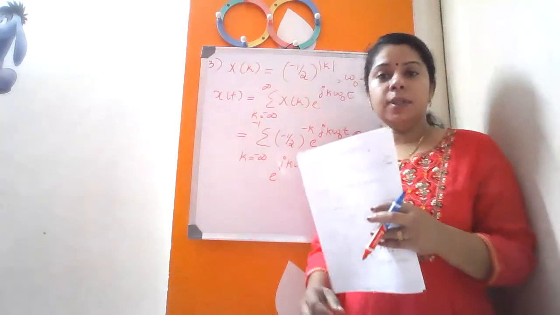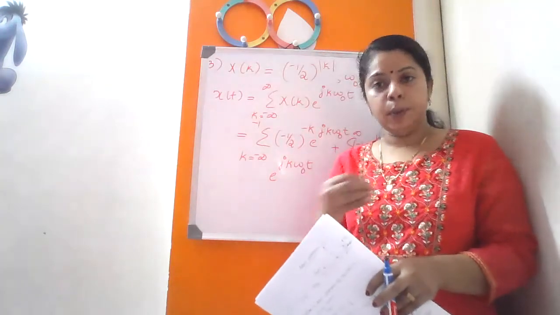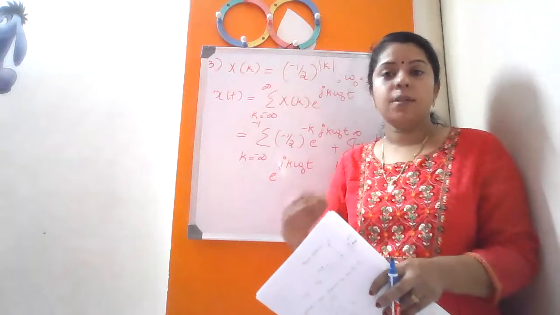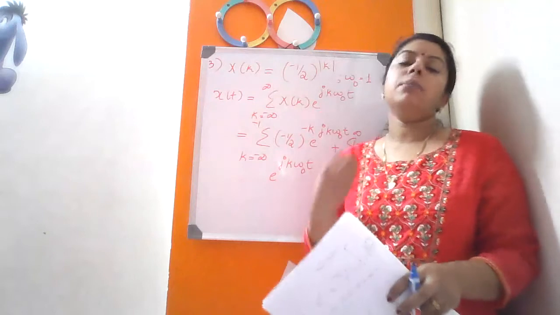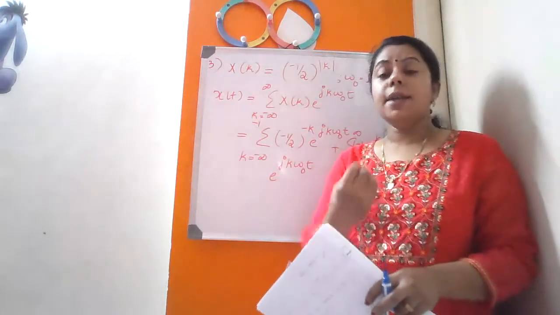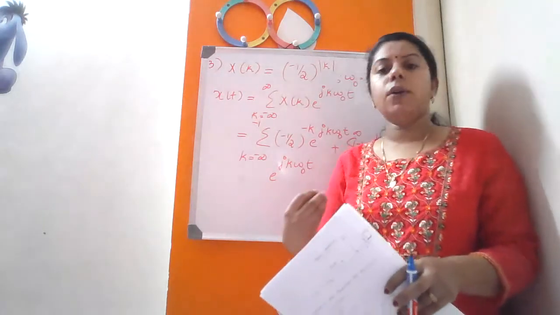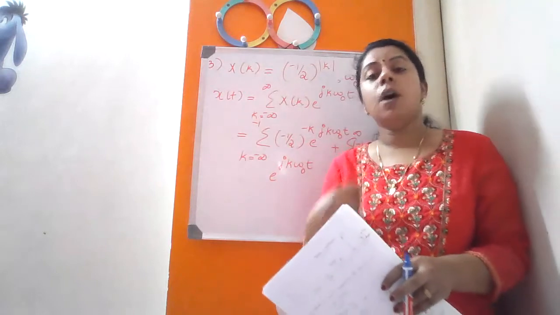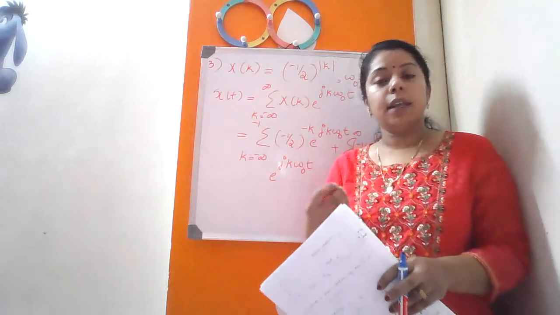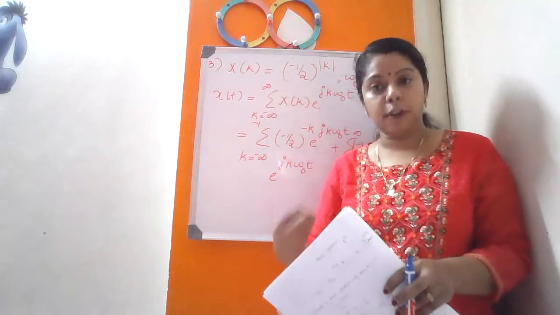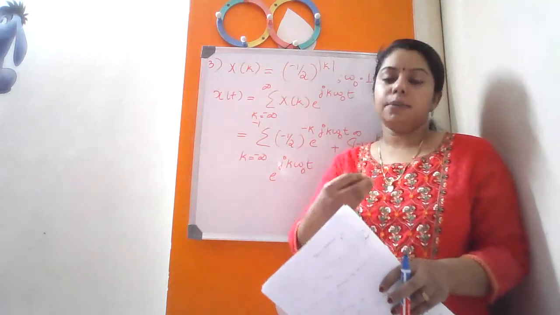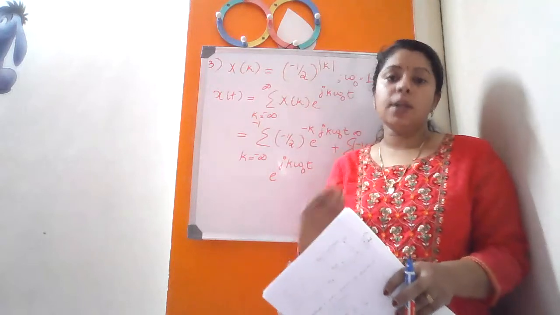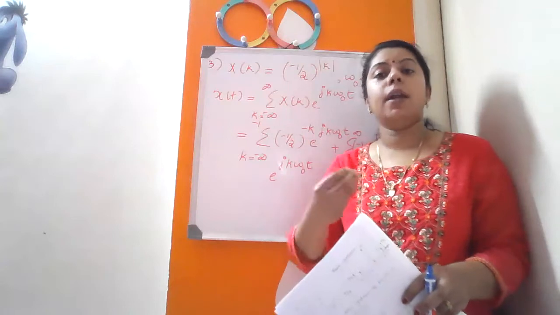Let us go to the third problem. So till now we were just finding out the Fourier series coefficient of the given periodic signal x of t. So the next thing you may have to find out is the inverse Fourier series. That is, in the question you will be provided with the Fourier series coefficient. From that Fourier series coefficient, you have to retrieve back your x of t.